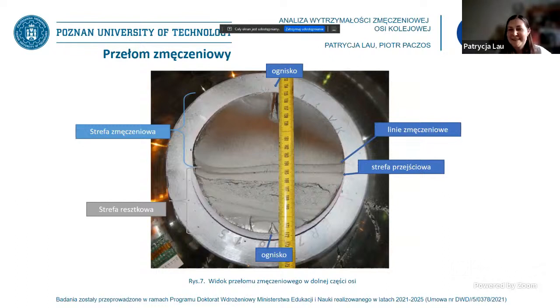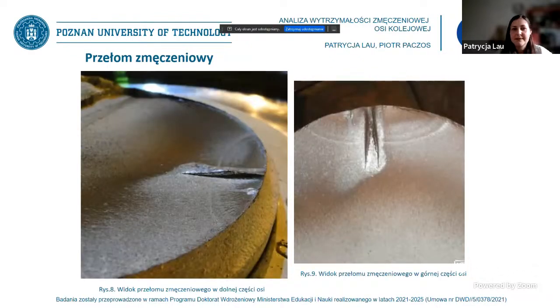Można powiedzieć, że to taki akademicki przykład, bo bardzo ładnie widać linię zmęczenia, strefę zmęczeniową i resztkową oraz takie 2 ogniska. Jeżeli przyjrzymy się tym ogniskom z boku, w jednej części oraz w drugiej, można zauważyć, że te części są wypukłe, więc można się zastanawiać, skąd to powstało. Najprawdopodobniej pęknięcie nastąpiło w wyniku niejednorodności kryształu osi, więc możliwe, że przy kuciu ten kryształ nie został odpowiednio zmielony, rozkruszony